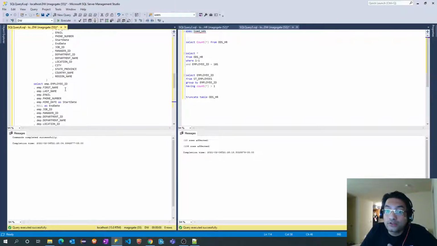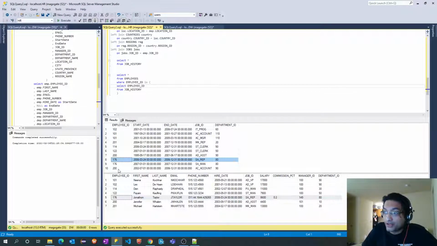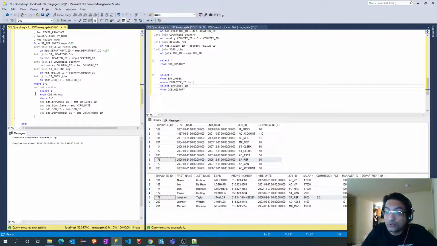Now why did it skip one record? Why did it insert only 106 instead of 107? If we look here, this particular record, employee ID 176, we already inserted from the job history table. Since we have added this condition, don't insert those records for which this combination matches in the ODS table.